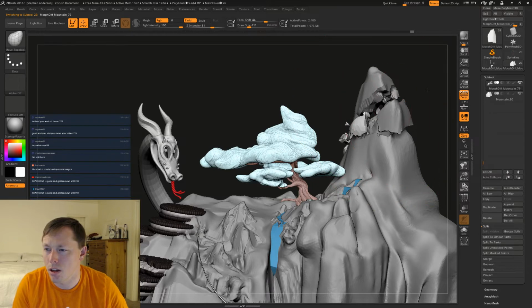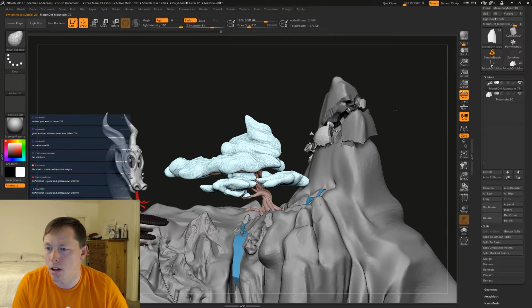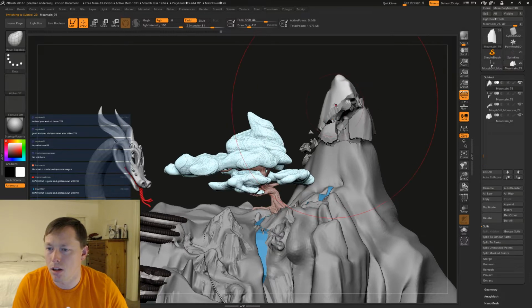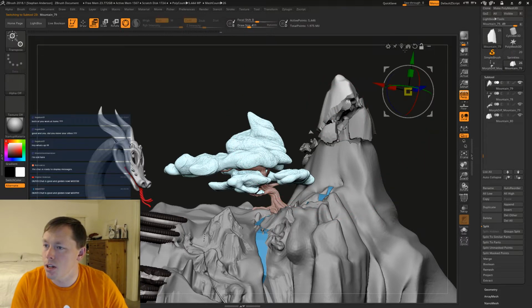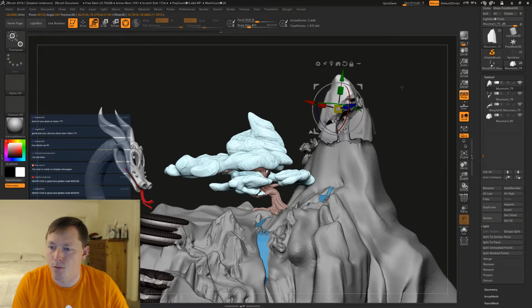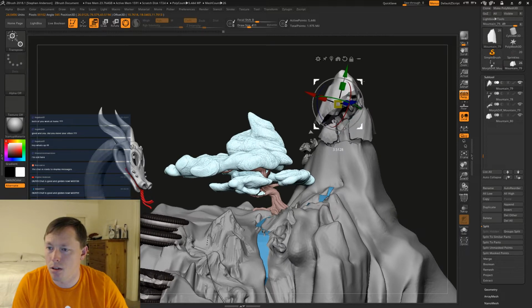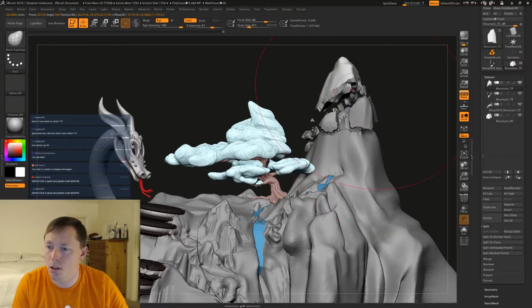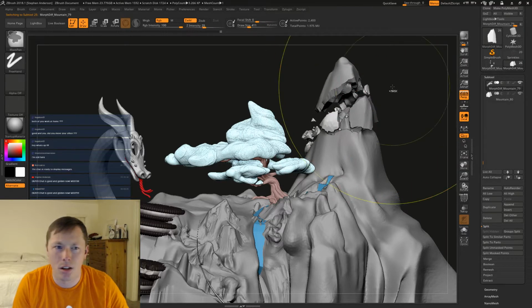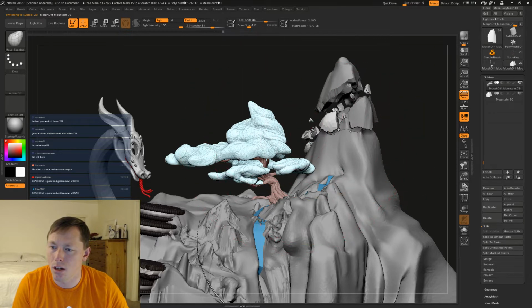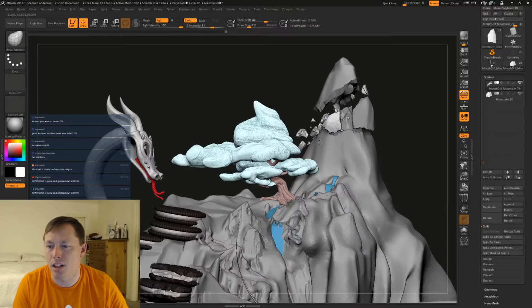Okay. Let's see if we can design this in a way that really just feels cool. Might have to duplicate some of these pieces and just kind of fill in some of that void in here.